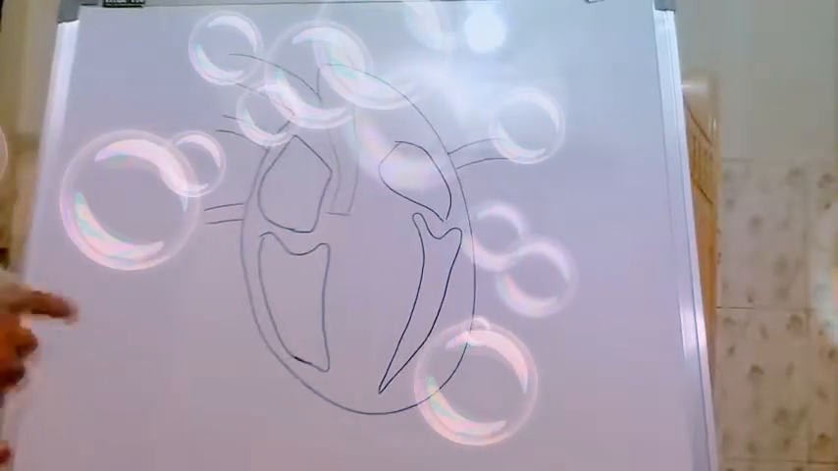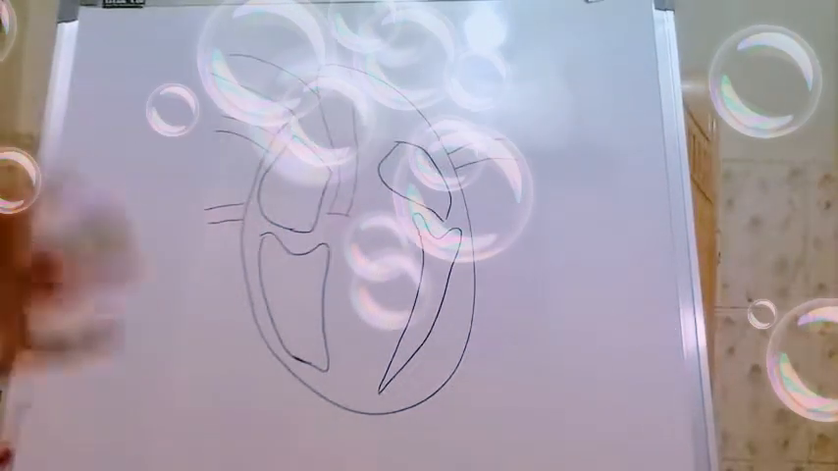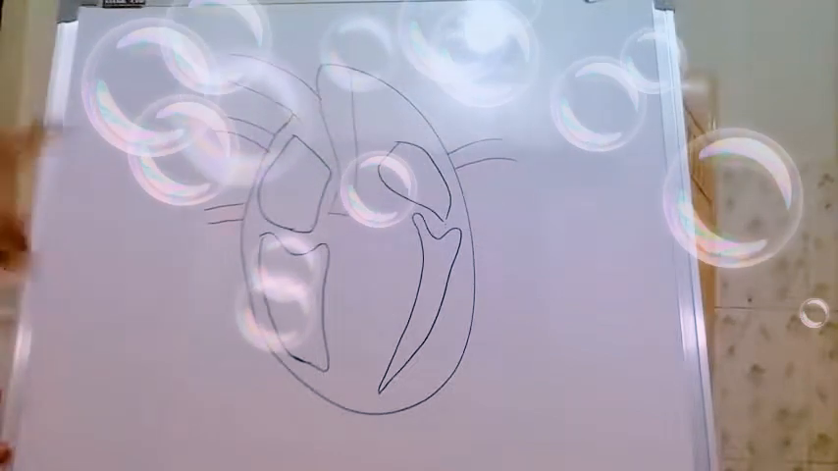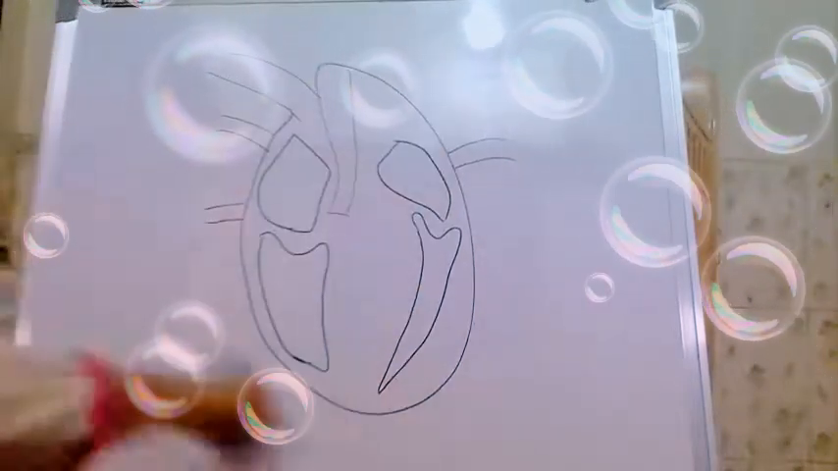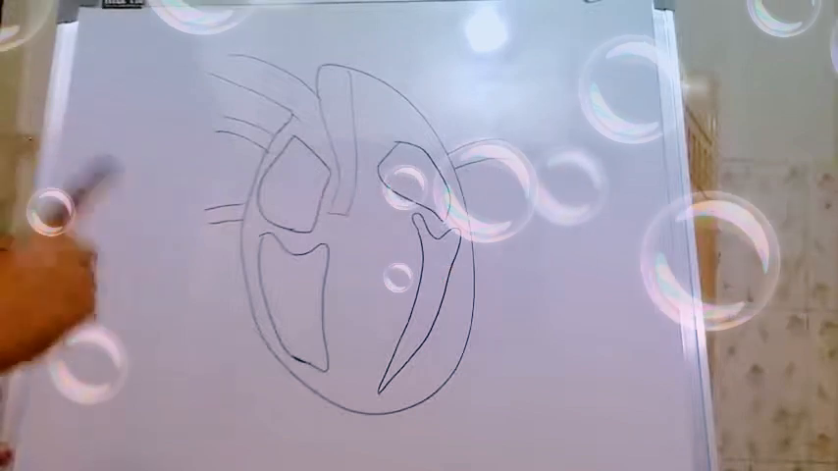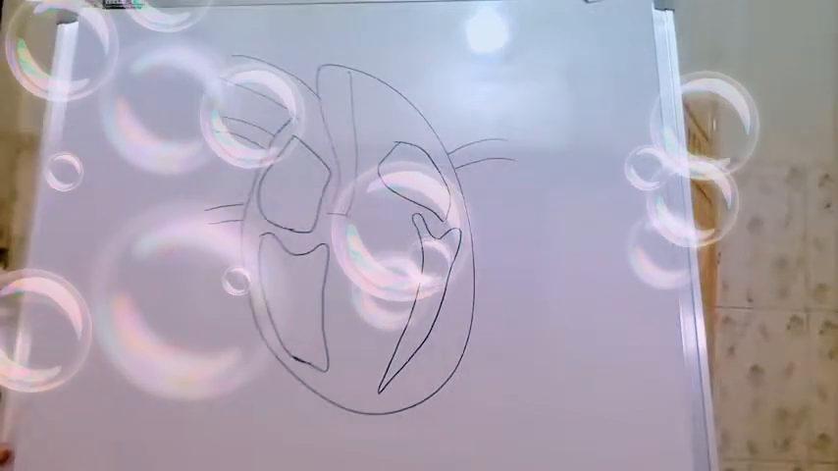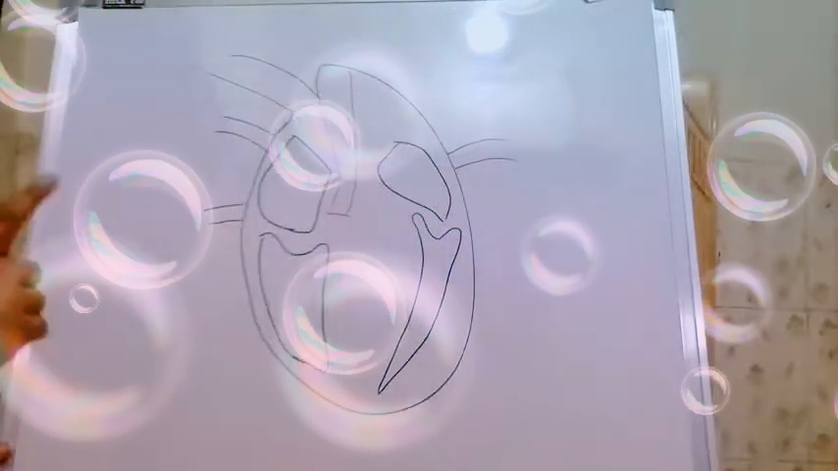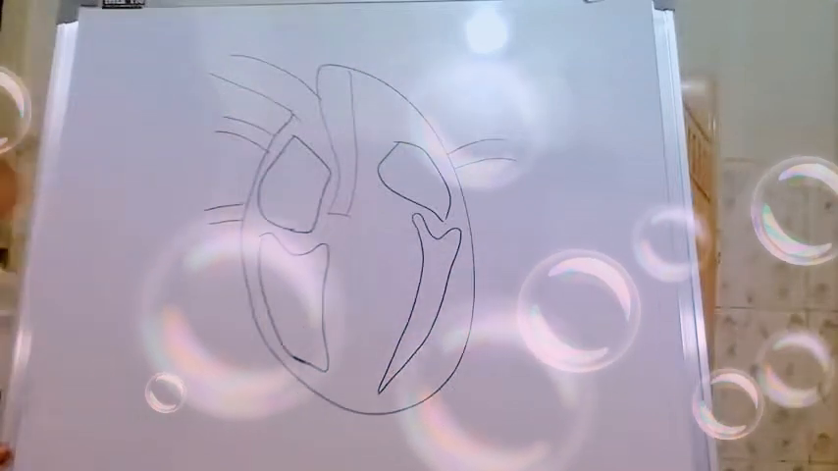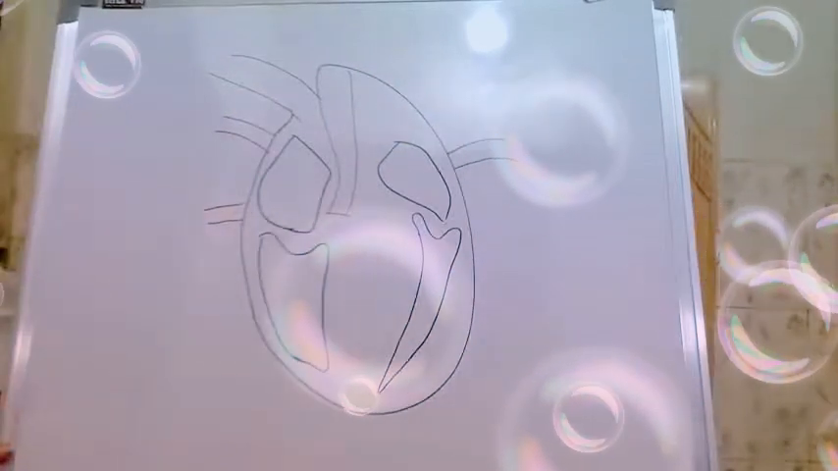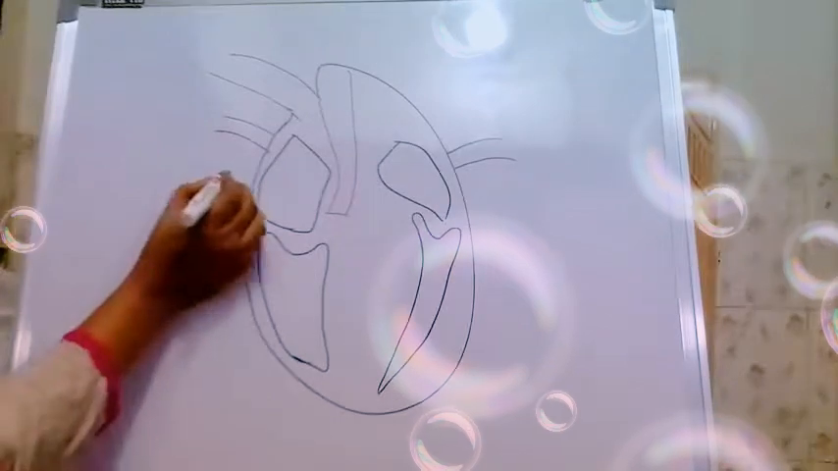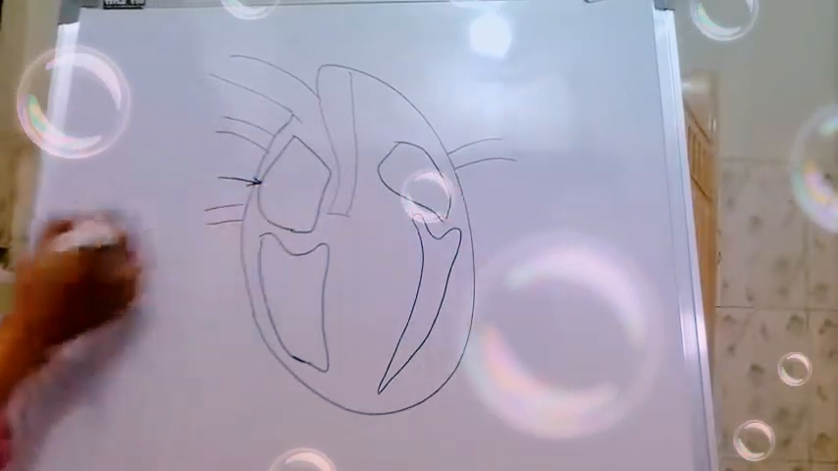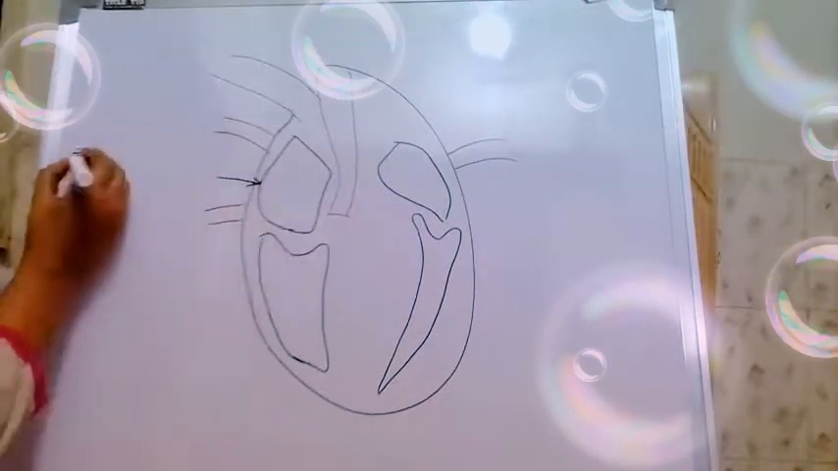Now it is time to label the diagram. When they ask for 2 marks, 1 mark is for the diagram and 1 mark is for labeling. If you label 2 parts, then you will get 1 mark, as each label carries half a mark. So let's name the parts. So this is the right atrium,